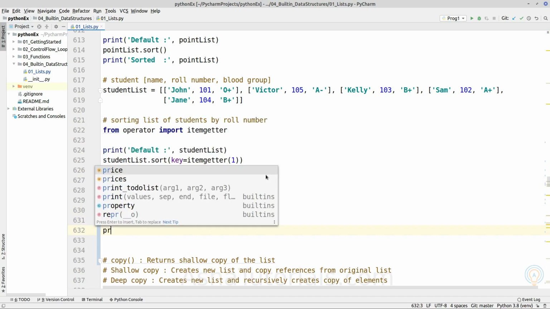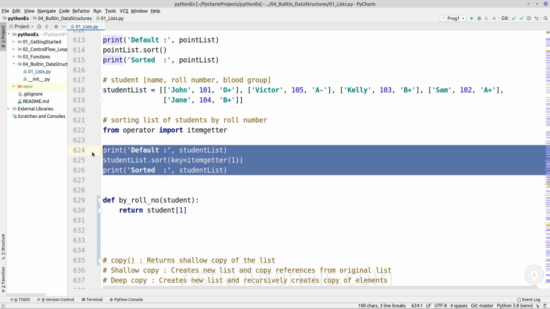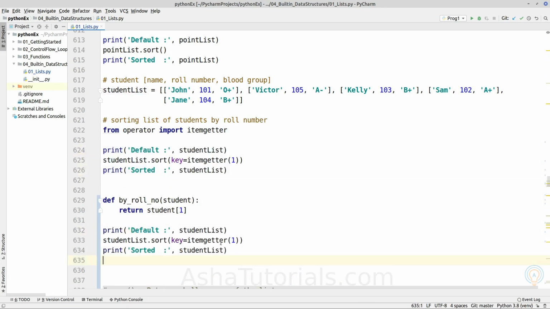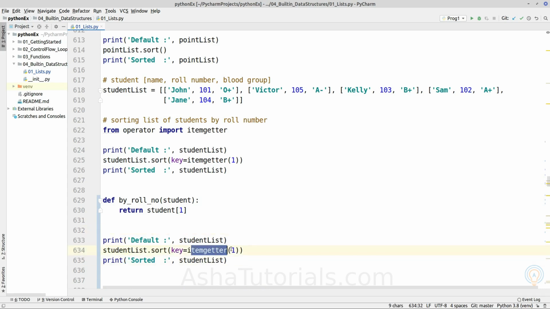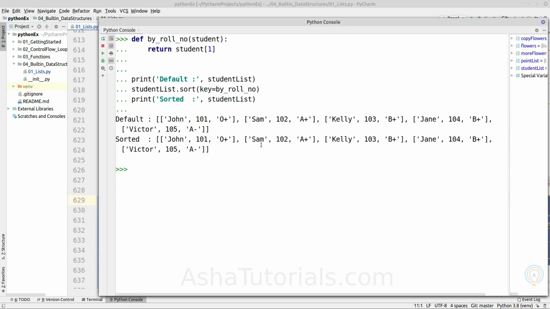So if we invoke it here, the same way we will provide it as key by roll number, and if we print it, as you can see, it performs the same operation.